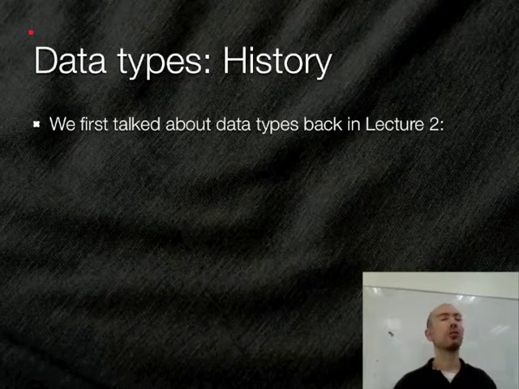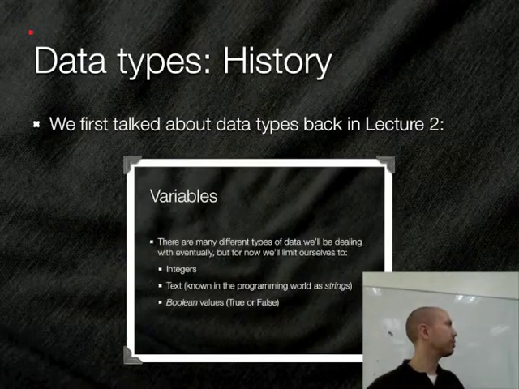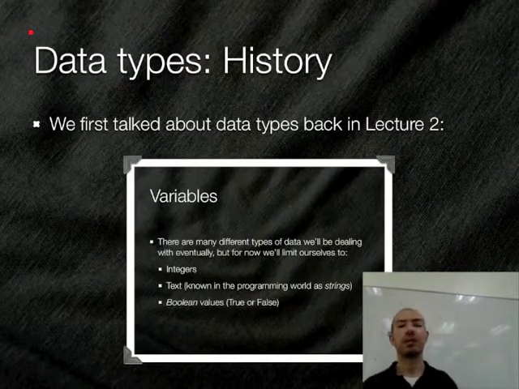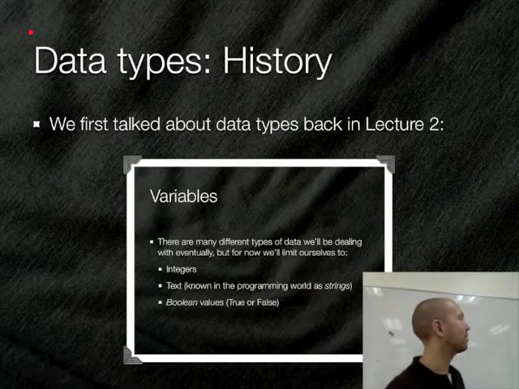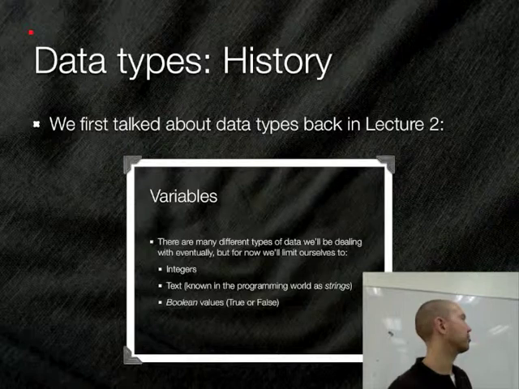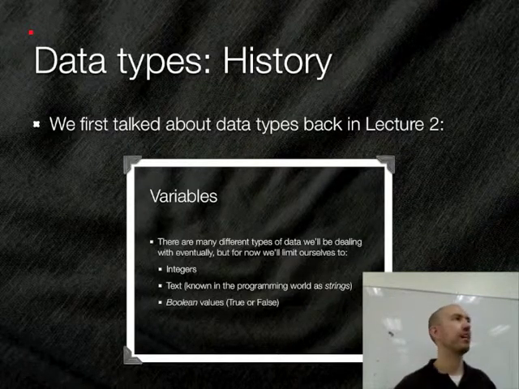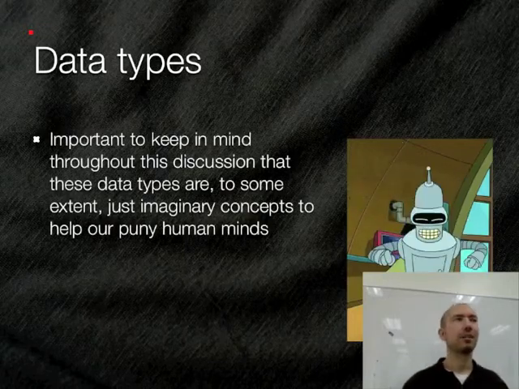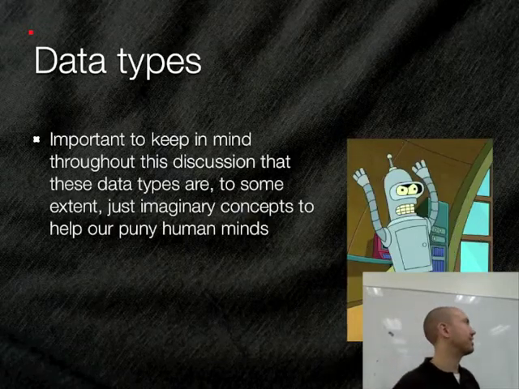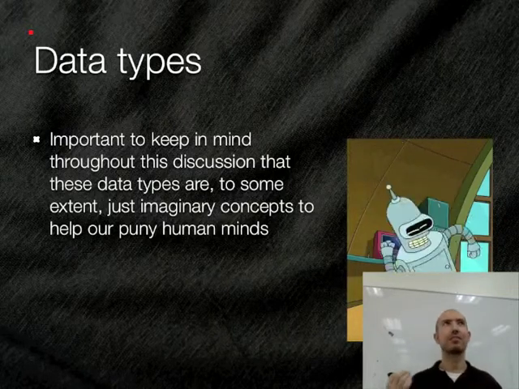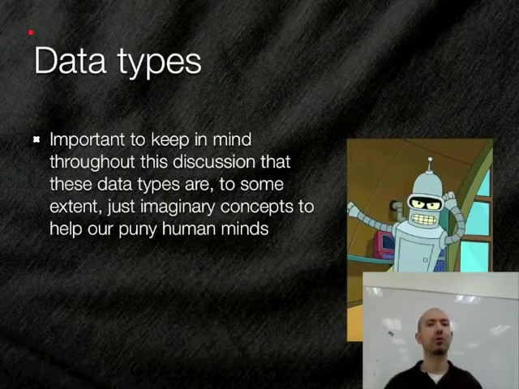Okay, so if you can remember back to Lecture 2, we first brought up the idea of data types in Lecture 2 when we talked about different types of variables, right? And back then we said, for right now we're only worrying about integers, text, or as you now know they're called strings, and Boolean values, which can be either true or false, right? Now, one thing to keep in mind in this discussion is that when we talk about these data types, this is just a conceptual thing